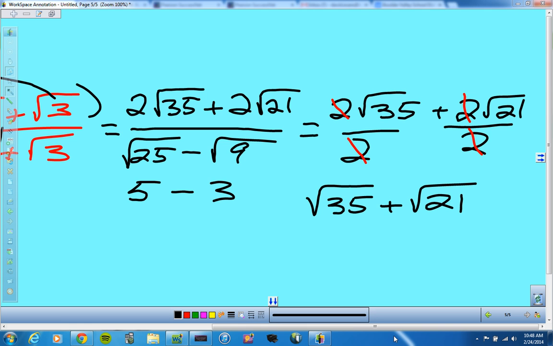Now, I just want you to realize because you'll probably get some homework problems where you can still simplify these square roots. So just be aware you may have to simplify the square roots. All right, one more problem. I'm going to do like what would be a nasty one from your homework. So let's do